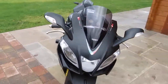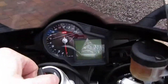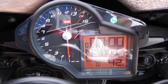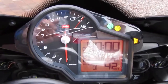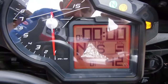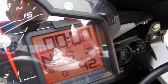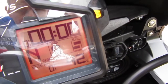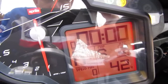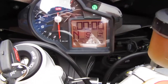Okay, so we'll just turn the ignition on and take you through some of the electronics. You'll see the instrument panel do its self-check, and on this occasion we've gone straight into the race screen, where we've got a lap timer. You can see there we're in sport mode. We're in ATC 5, which is number 5 out of 8 traction control settings. We've got the gear indicator there showing we're in neutral, and right at the bottom left hand side we've got